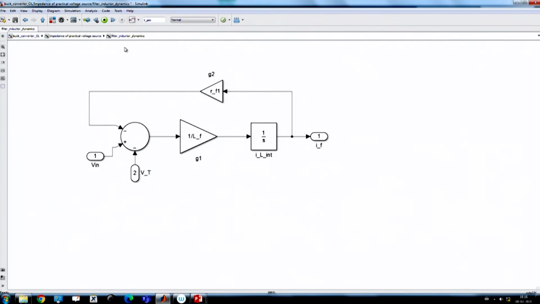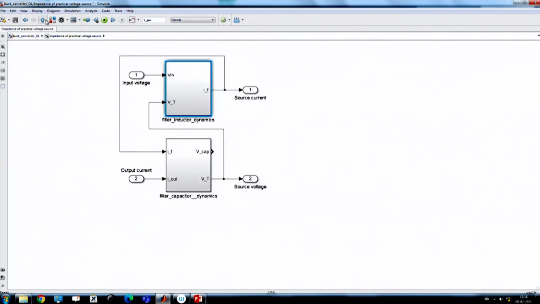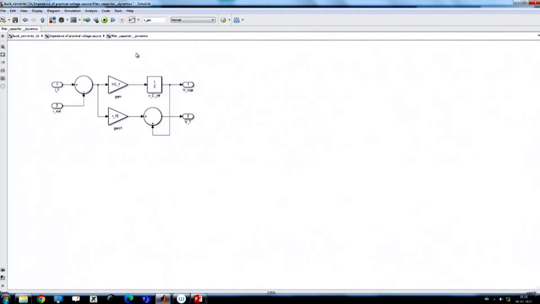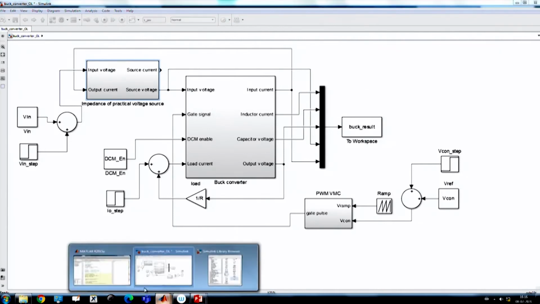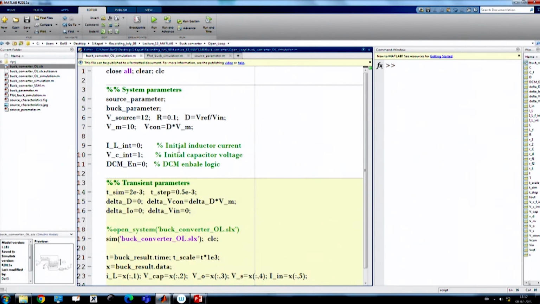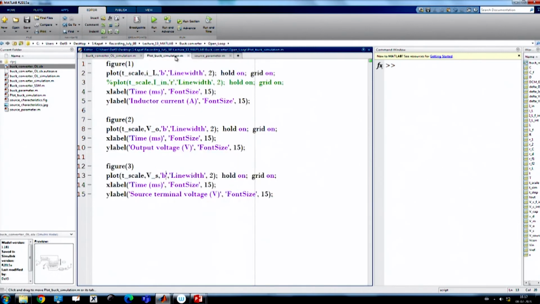If you go inside, I have implemented the inductor dynamics of the source filter, then the capacitor dynamics of the source impedance, and then this is a converter that we have discussed. Now, what are we going to do? We are going to create test cases. First thing we want to create,